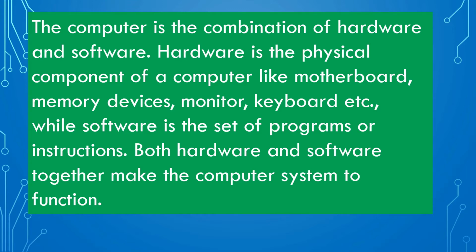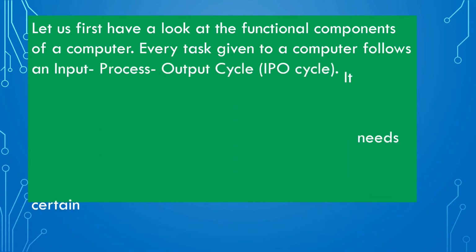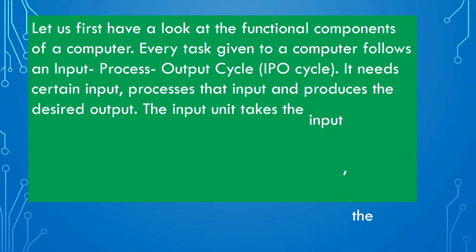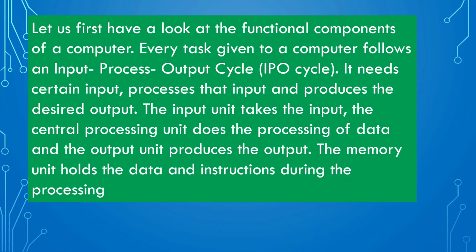The computer does not understand human language. It understands only machine language. So we have to provide the information to the computer through inputs. It processes the data and provides the information through output. Now we can see how it processes the data. First we give input to the computer through the keyboard, and it processes the data and provides the desired output through the monitor screen. This process is known as the input process output cycle, that is the IPO cycle.